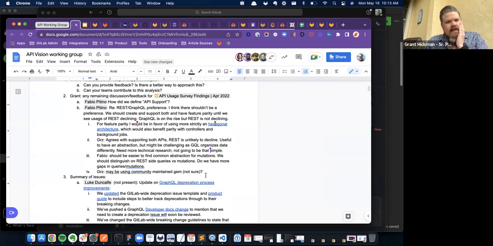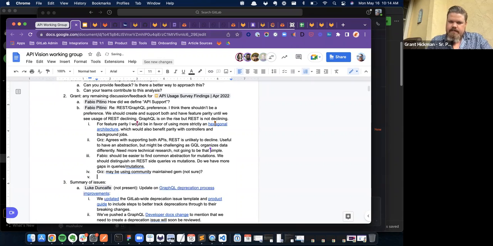Awesome. I think this is probably a good one to get into an issue. I think we may have something out there already as a POC issue to try testing out a wrapper, like a REST wrapper on a GraphQL endpoint. Maybe we can identify where the possible approaches are and do some POCs for each of the approaches and come to some conclusions. Would that be a good approach? Yeah, that sounds good.